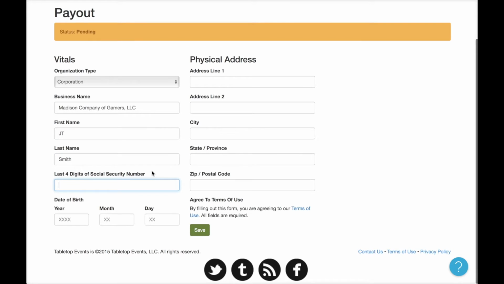And we need to verify the person that is in charge of that organization. They need to put in the last 4 digits of their social security card. So we'll do that. And then you put in your date of birth, like so. And then you need to give the address of the person that's in charge of the business or the address of the business itself. So we'll go ahead and put in